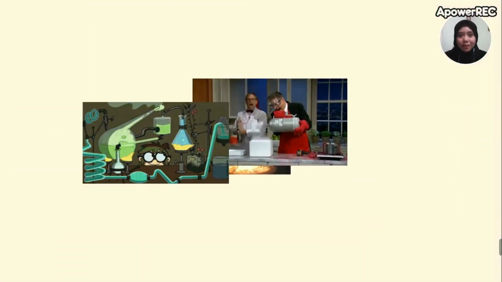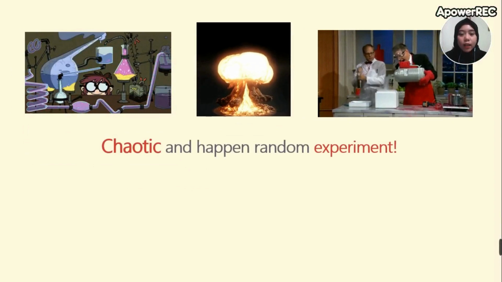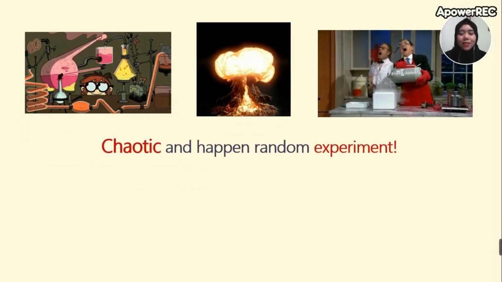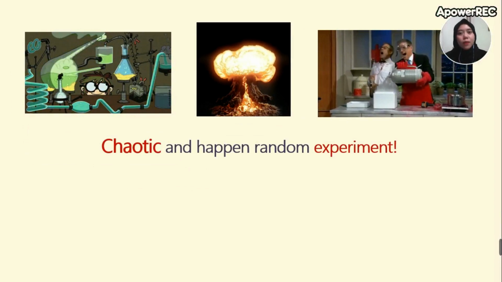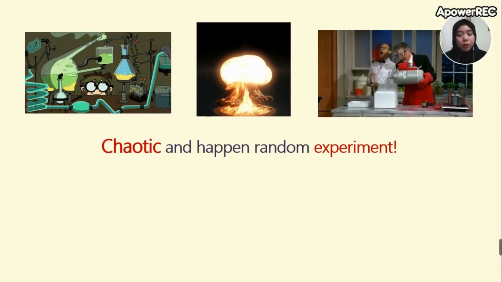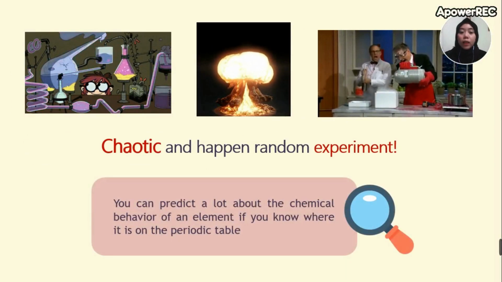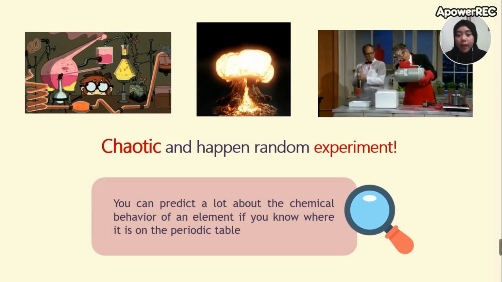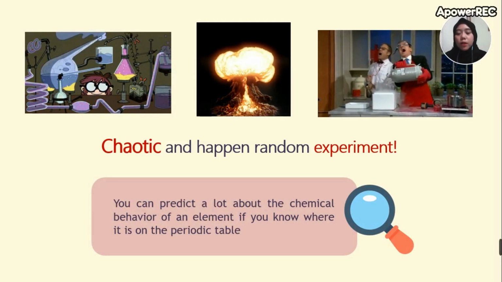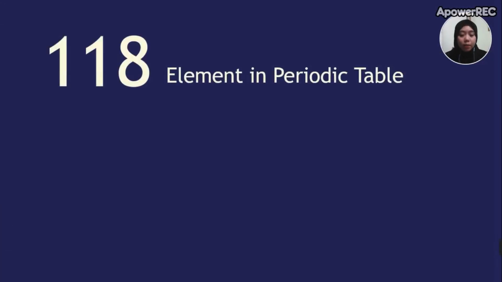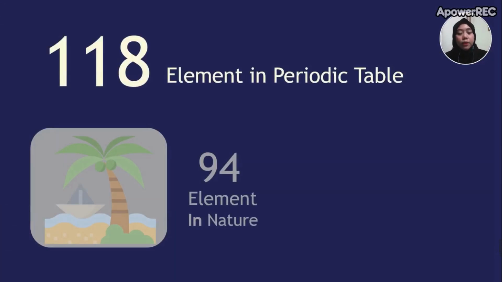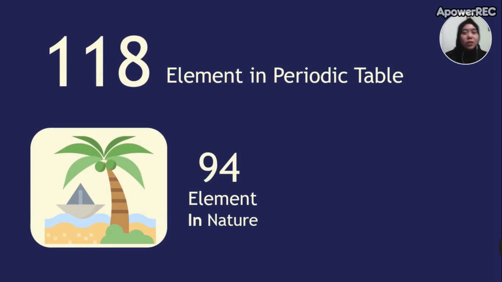Because without it, maybe there would be chaotic and random observations in a laboratory, right? It's so dangerous. Then what makes them really invaluable? Because you can predict a lot about the chemical behavior of an element if you know where it is on the periodic table. It contains 118 elements, and 94 of them can be found mostly in nature,